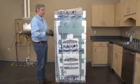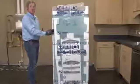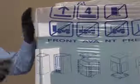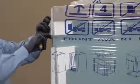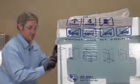So I'm going to start with a razor knife. Now, as you can see right here, my styrofoam's a little bit cracked. It's actually probably had a little bit of shifting on transit, so I'm going to cut down the side of this one. I'm going to stay on the styrofoam. I'm not going to apply too much pressure because I do not want to accidentally cut into the appliance itself. And we're just going to go all the way down